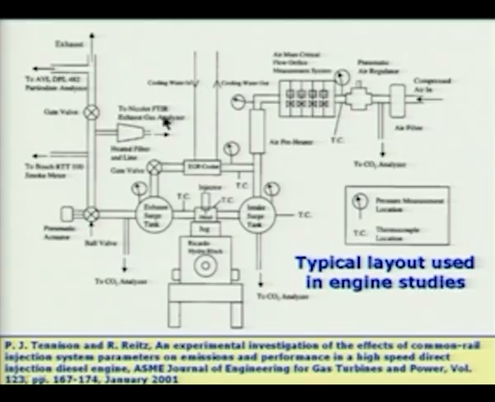Then we have an exhaust gas analyzer, as you can see here. This is the Nicolet FTIR. We have not discussed an FTIR instrument in our earlier discussion. It is a Fourier transform infrared spectrometer. The spectrometer will give you a spectrum corresponding to the species which are present in it, and by looking at the magnitude, the size of the signals due to each one of the gases, we can find out what the concentrations are. So, you have a gas concentration measuring device here.